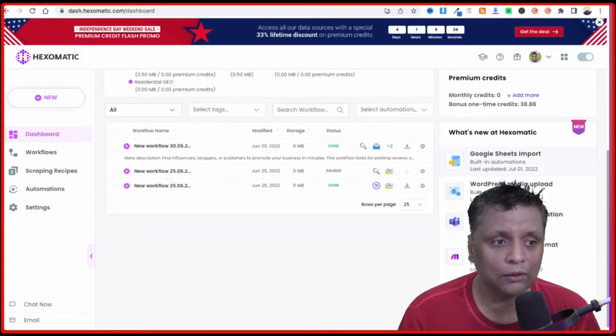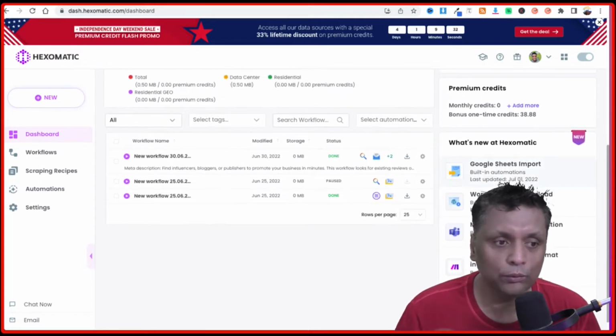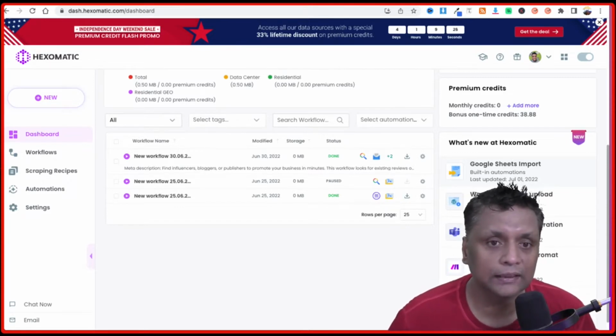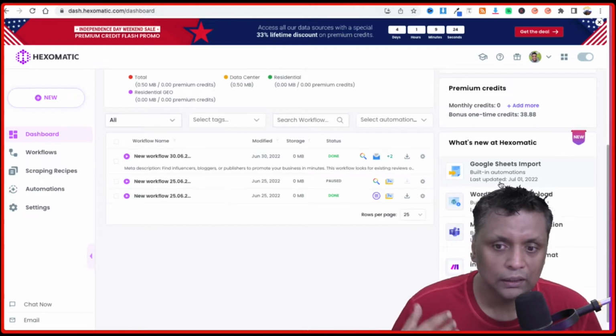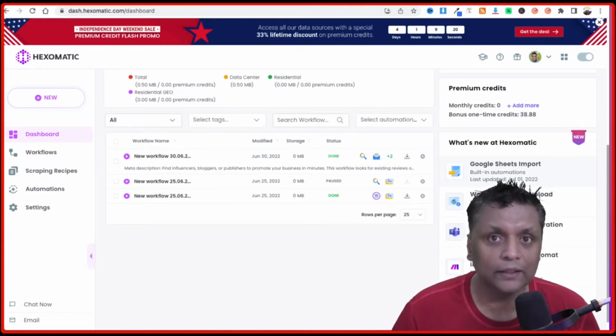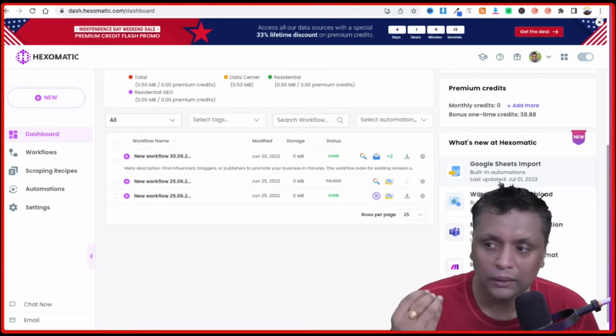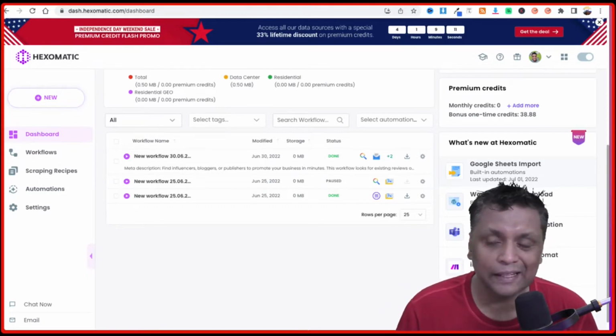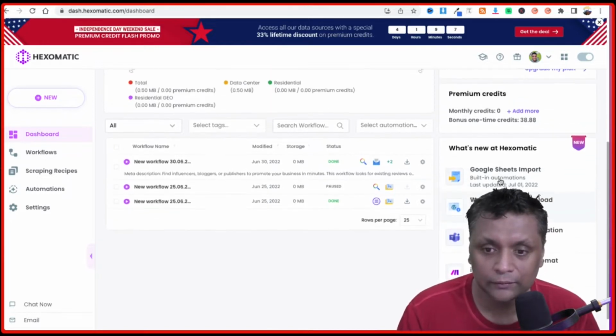And there is also a concept of premium credits. So if you want to use some third-party applications to automate a few things, then it utilizes the premium credits. I believe that it takes one credit to create one automation or a workflow, but if you have to use a third-party integration, then you have to pay more than the existing credits which are there.